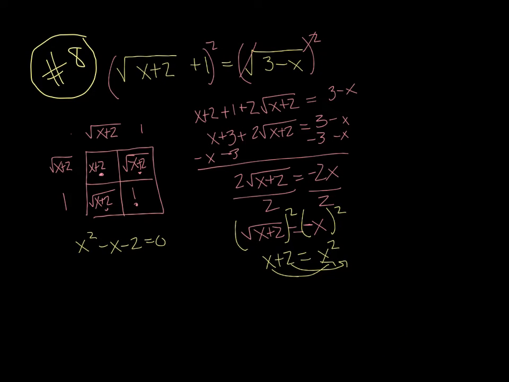Sorry for all the moving around. If you tried to factor this, we would say, what multiplies to get us negative 2 but adds to get us negative 1? x minus 2 and x plus 1. So we would say, okay, x equals 2 and negative 1. So if we went over and checked this,